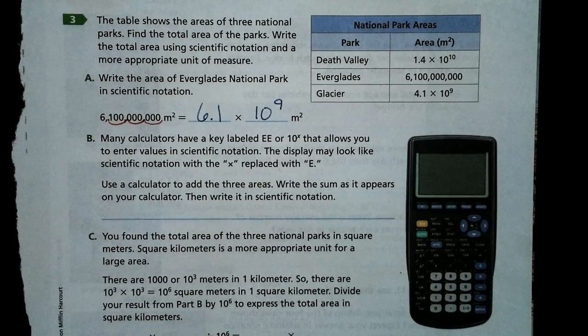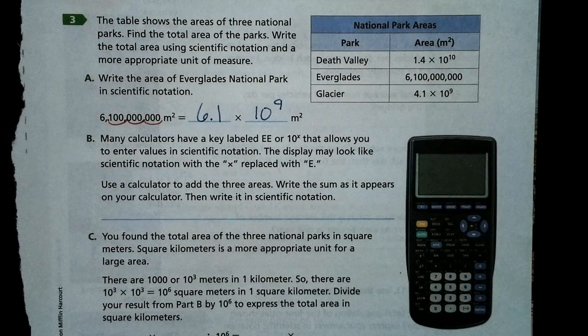So part B says many calculators have a key labeled EE or 10 to the x that allows you to enter values in scientific notation. The display may look like scientific notation with the x replaced with an E. Use a calculator to add the 3 areas. Write the sum as it appears on your calculator, then write it in